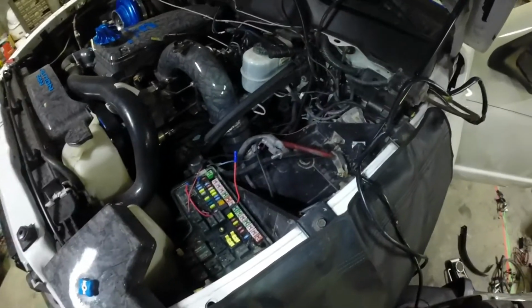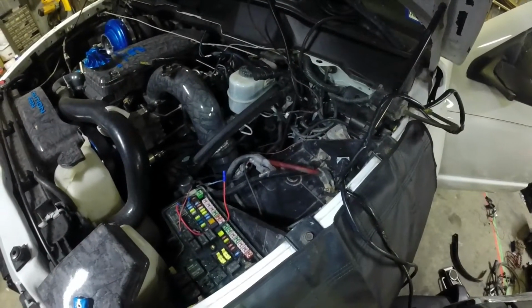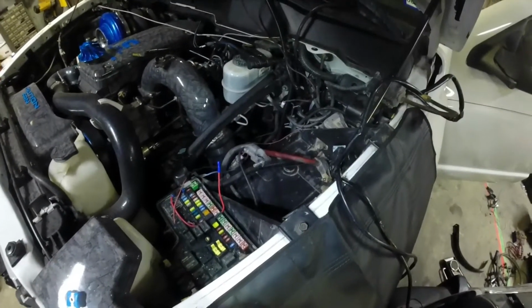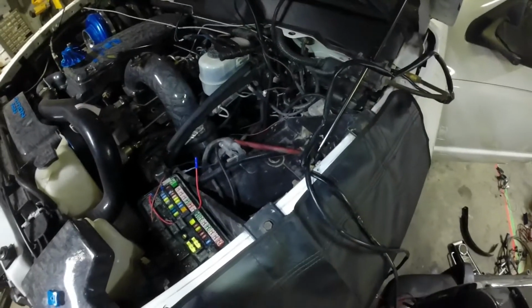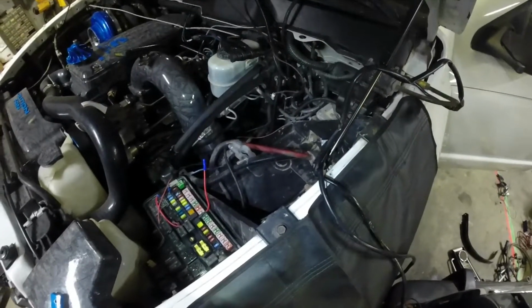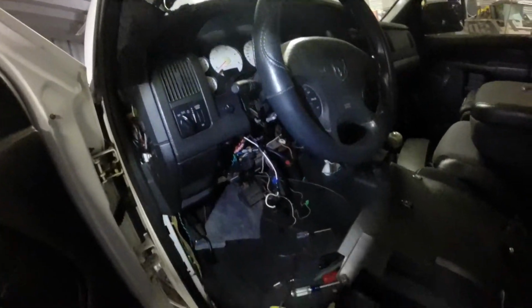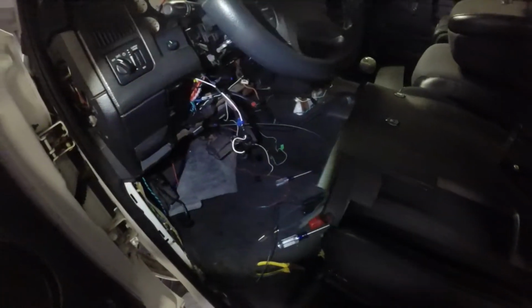I've learned a lot over the years I've been working on this thing, and really fixing to fix a lot of the wiring that I've done, redo it, put some nice relays, make everything basically just a lot cleaner. The interior is just a wreck. Like I said, I've started on the wiring, so really just been ripping stuff out, fixing my old wiring that